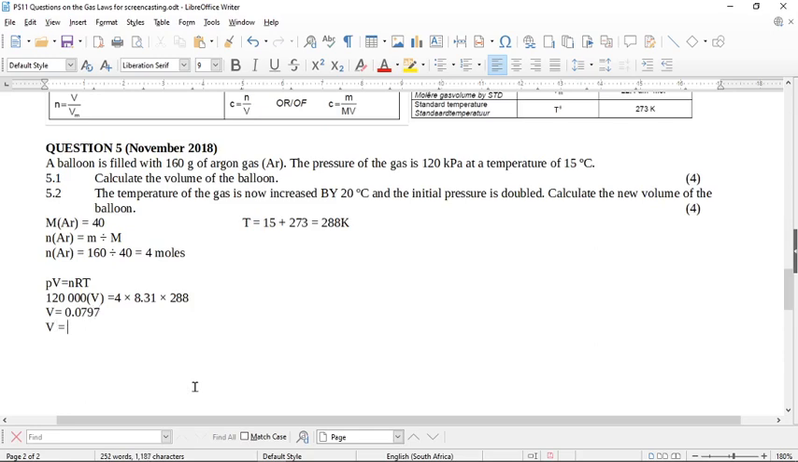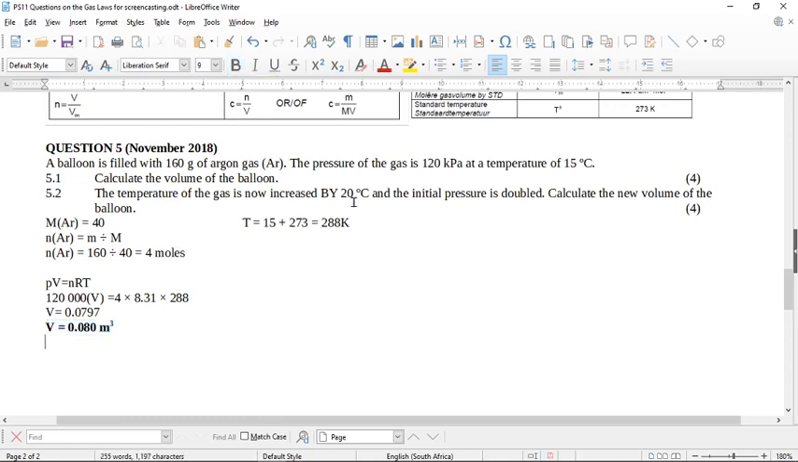So the volume, if we round this off, is going to be 0,080, and my unit here is cubic meters, because PV = nRT ends you up with an answer in cubic meters. Okay, so the second part of the question then, it says to you, the temperature of the gas is